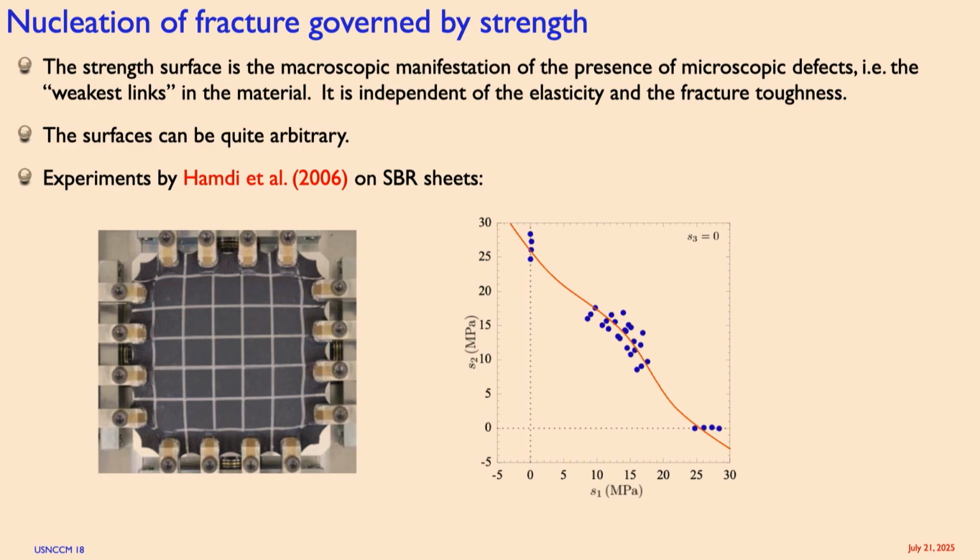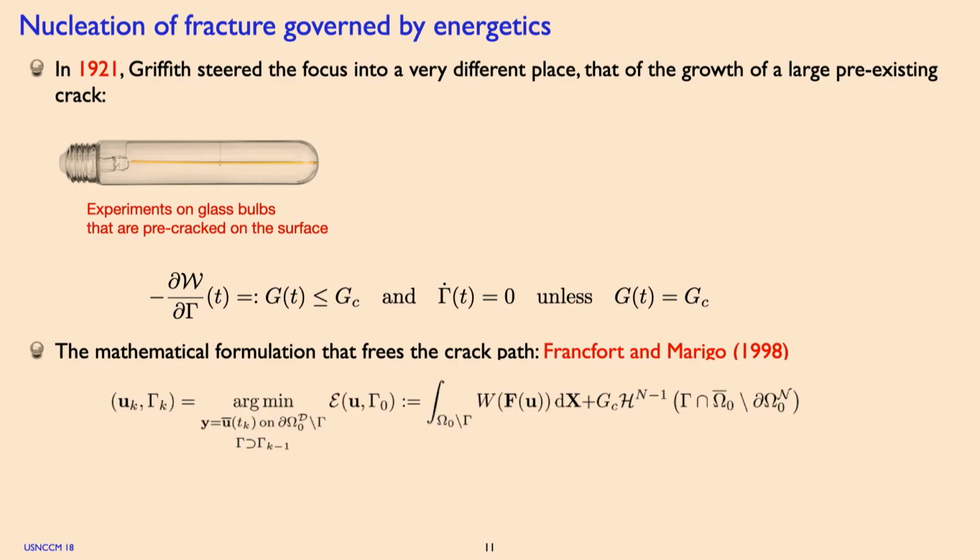But what you can see here, for example, is that this is a material where the uniaxial tensile strength is actually quite a bit higher than the biaxial strength. Right? So real materials, again, these surfaces can be fairly arbitrary. All we know is that you can't cross them twice as you're loading outward, right, from a zero stress state. Okay. So that's strength right on one end. Uniform states of stress, no initial cracks. When does it